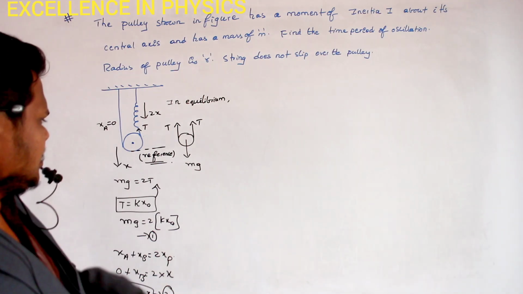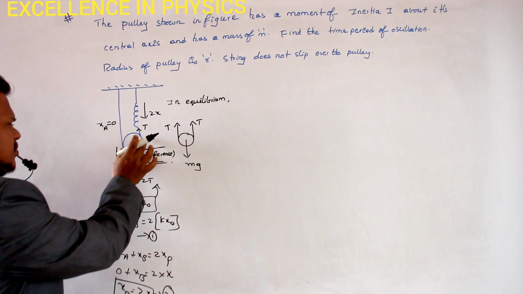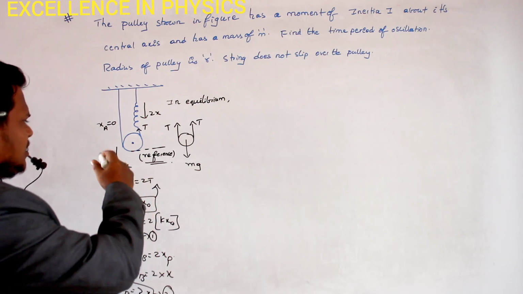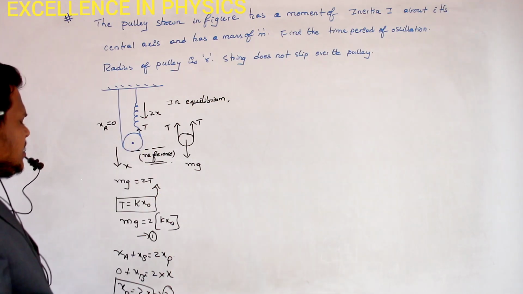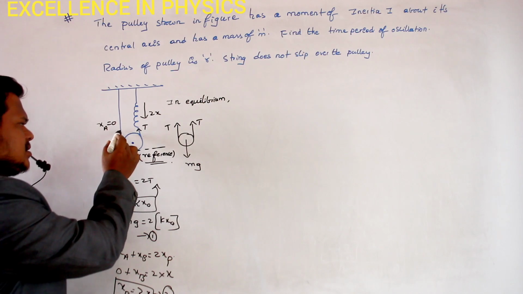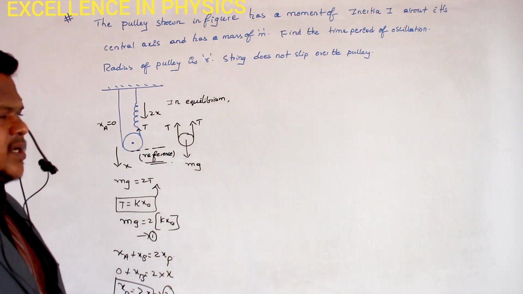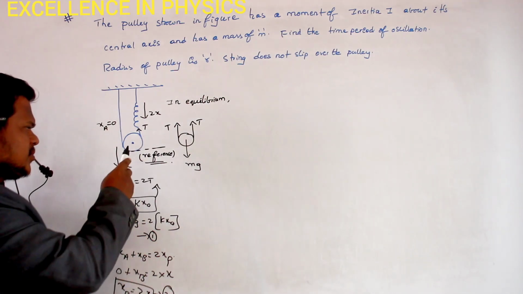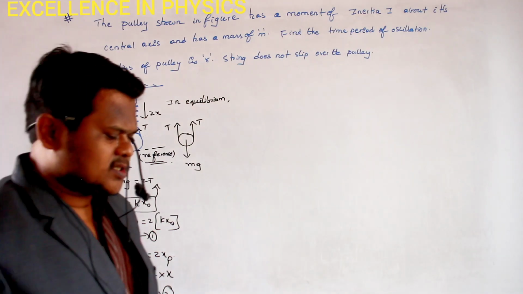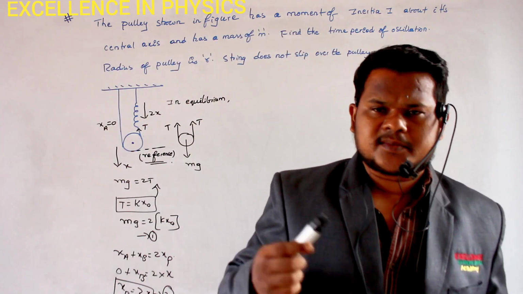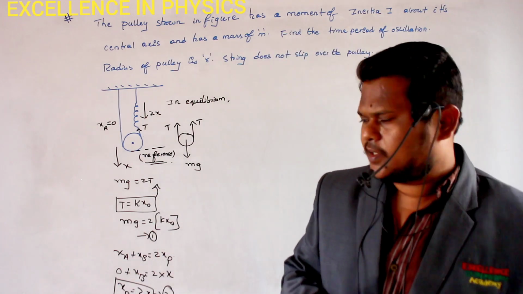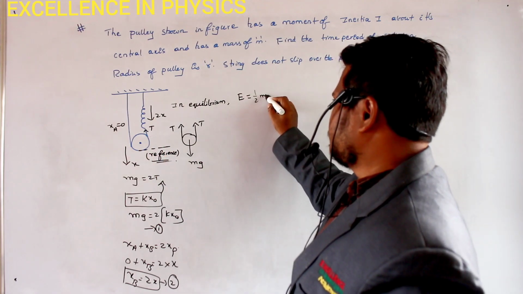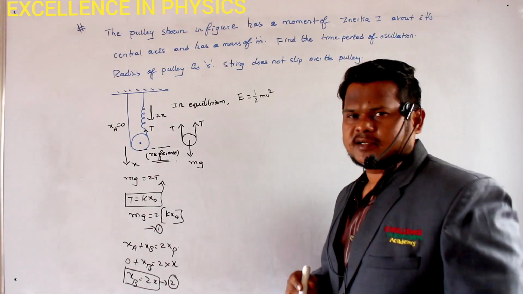Clear? Now after displacement, this pulley should have some velocity. Similarly, it should have some angular velocity also. Why will it have some angular velocity? Because the string is not slipping over this pulley, so when this pulley is pulled downwards, the pulley is actually rotating. Clear? So definitely this pulley has 2 types of energy when it is at a position of x. It has translational kinetic energy, and similarly it has rotational kinetic energy also. At a displacement of x, it should have obtained some velocity, so it will gain some translational kinetic energy.